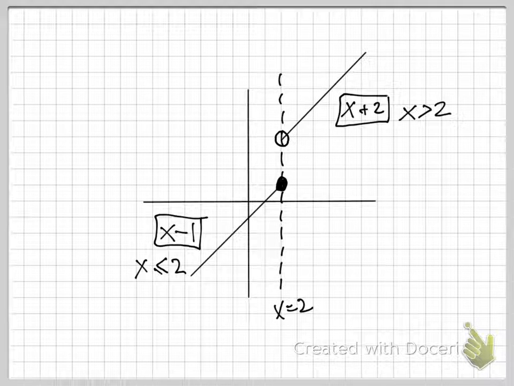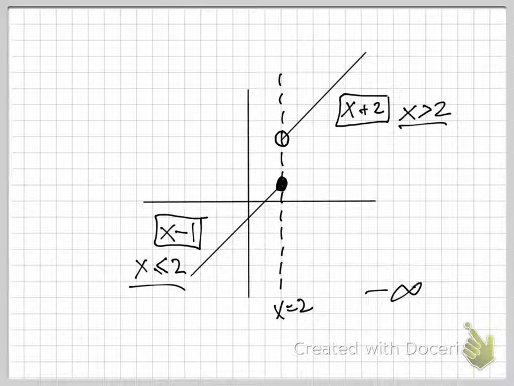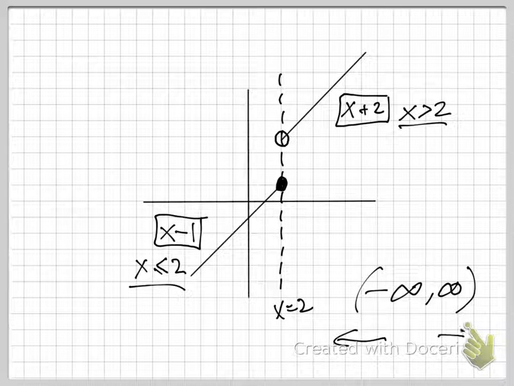Next one. Now this uses the same lines, okay, but I've just moved it 2 places to the right. Okay, so one is x greater than 2, the other is less than or equal to 2. So again, the domain is still negative infinity to positive infinity. There are no breaks left to right, but there are, again, breaks, or one break here, going up and down for the range. So again, this goes down forever, stops here, at 1, starts again at positive 4, and